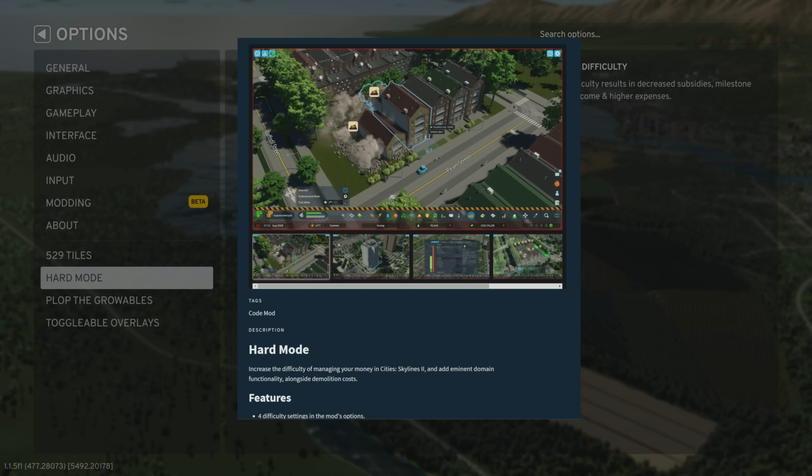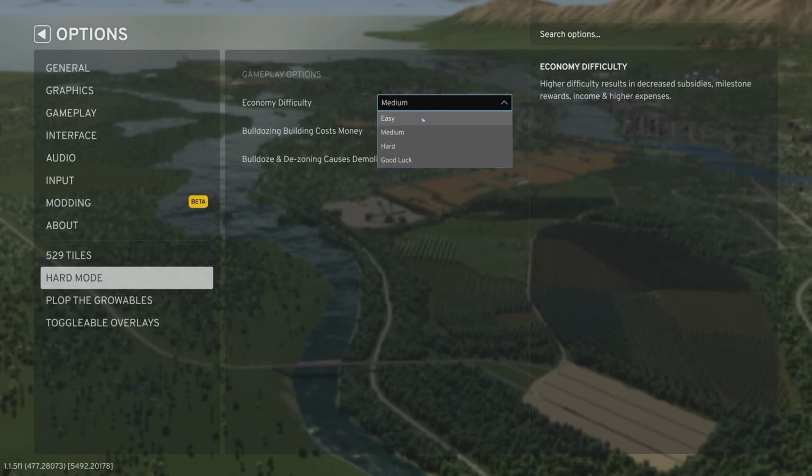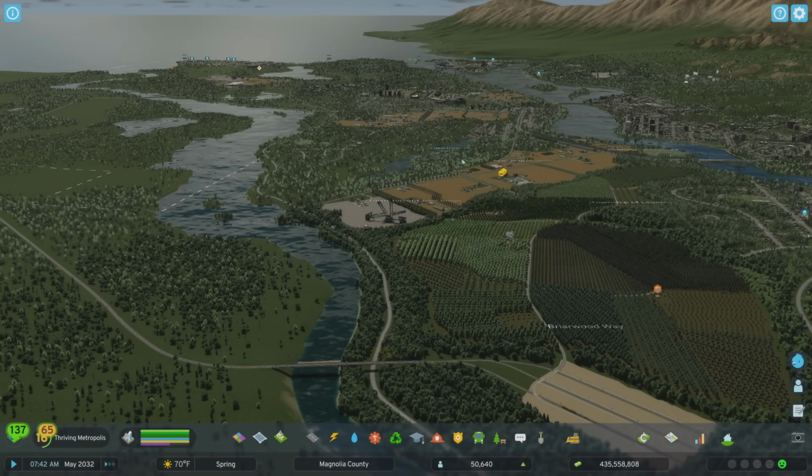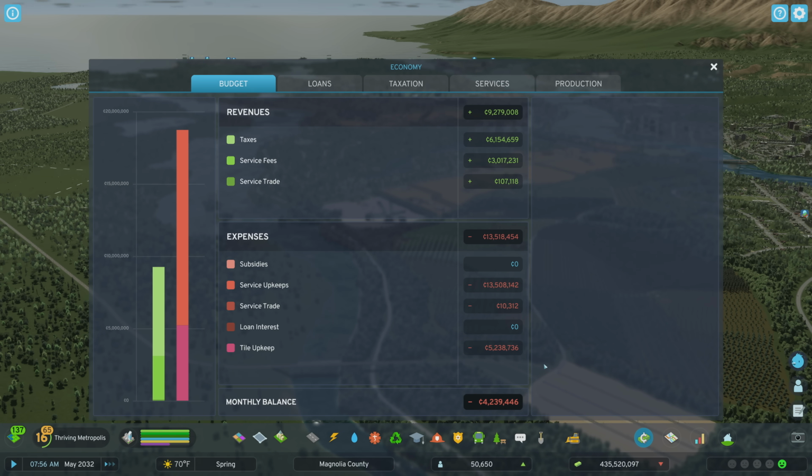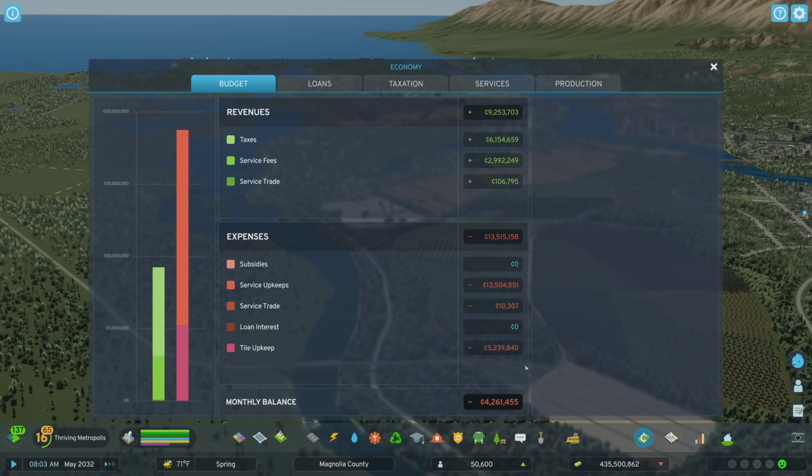And if you were to take this to easy mode, and I know it seems like a bit of a contradiction, if you take this to easy mode, you will see that your tile upkeep once again is dramatically reduced. Now I did reset everything in 529 tiles, and you can see that our tile upkeep is now about $5 million, which is about what it was when we relocked all the tiles and only unlocked the tiles that we wanted. Your mileage may vary, but it is an option that you can use if you are okay having mods